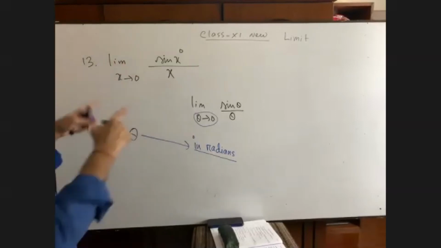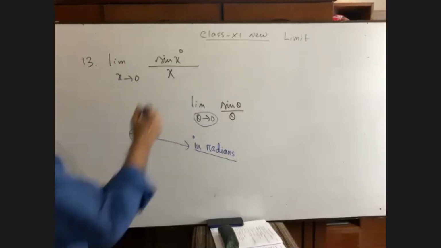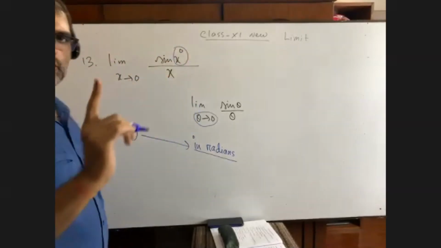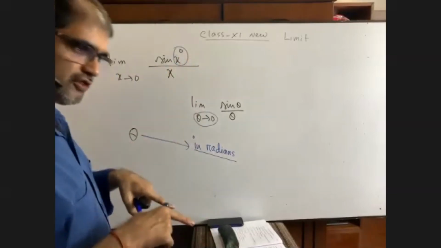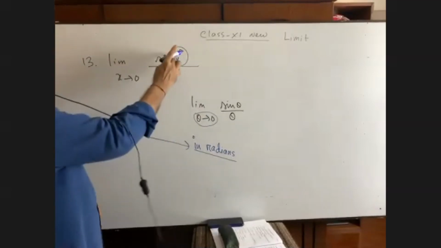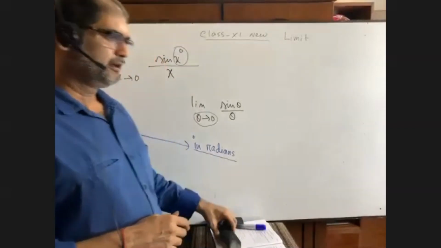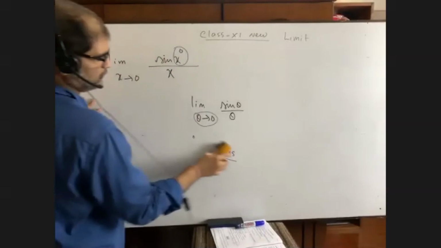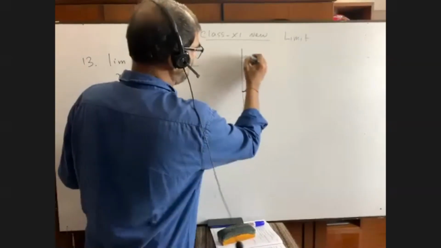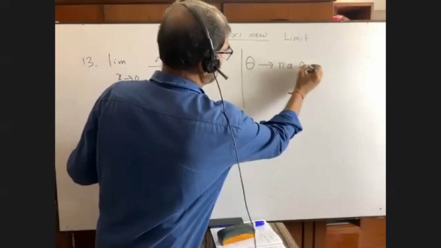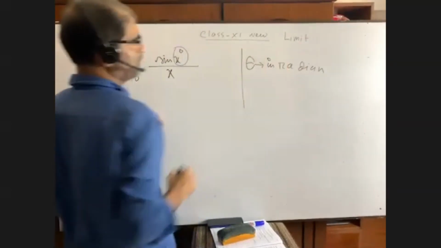But for the first time in the chapter on limits, we are getting a math of x degree. Have you got it? Every math was only x. But for the first time in your life, you are facing a math on limit in degrees. Right? No math was done from limit in degrees. So what should we do? But I told you theta will always be in radians. Right? I told you.